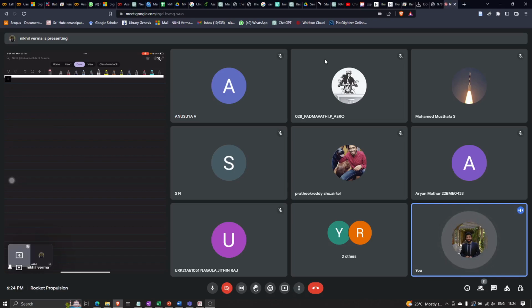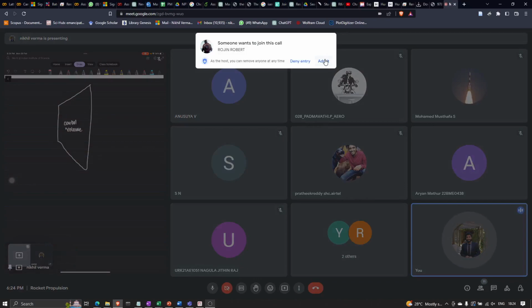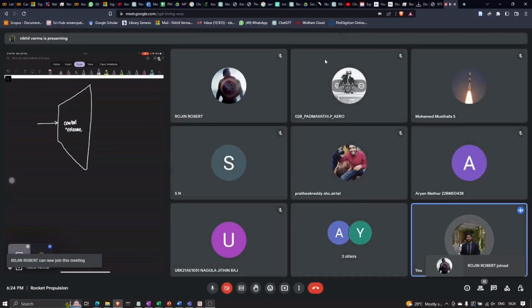Okay. Let us start with your first problem, that is the relation you were asking about, right? So let us consider a control volume. I hope control volume and control surface is clear to you all. So we have a control volume, and it is given that the area of this part is A,